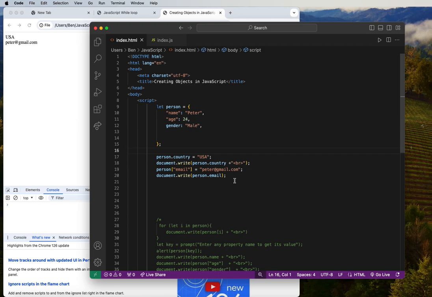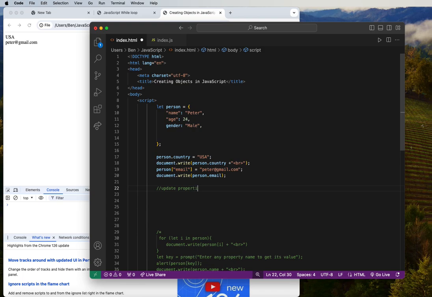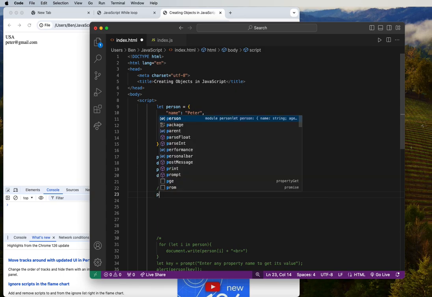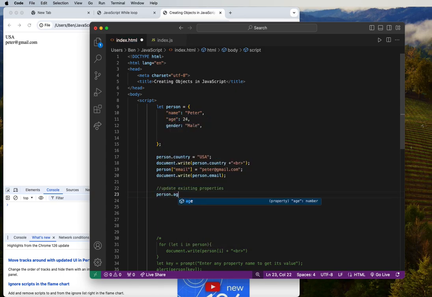What if we want to update an existing property? For example, if we want to update age, how would we do that? Very simple. So let's say update existing properties. Let's say we want to do age, right? So we use person.age, and then we assign a new value to it, which is, let's say, 30, and we want to print that. So document